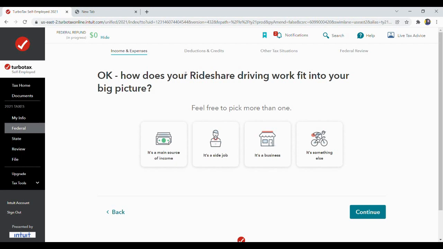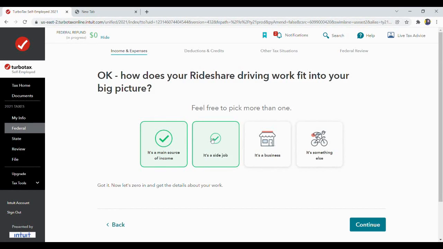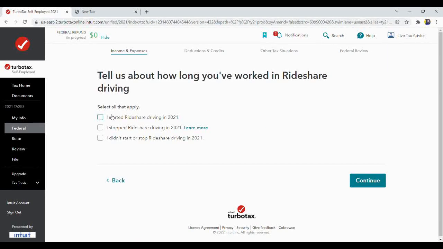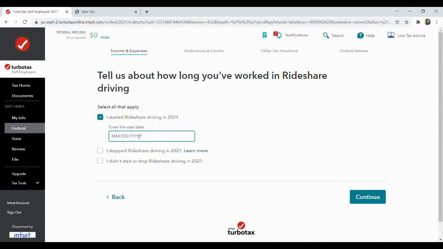Okay, how does your rideshare driving work fit into your big picture? It was a main source and it was a side job. I started driving 01/01 2021. Started driving in 2021. Yeah, I mean technically I started driving May of 2018, but obviously you can't put anything earlier than 2021. So